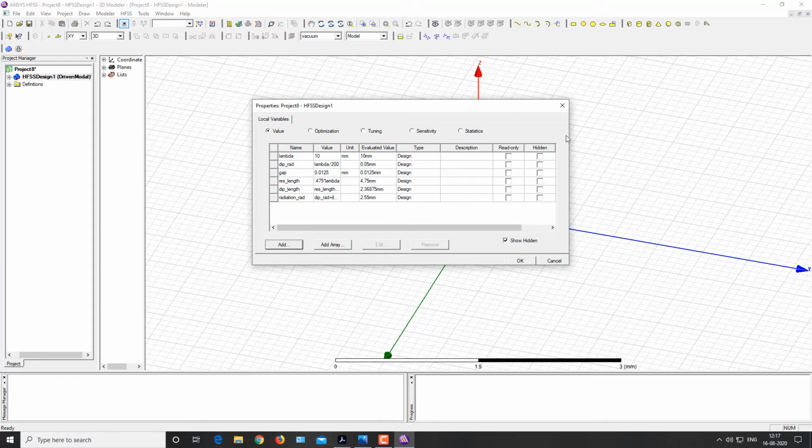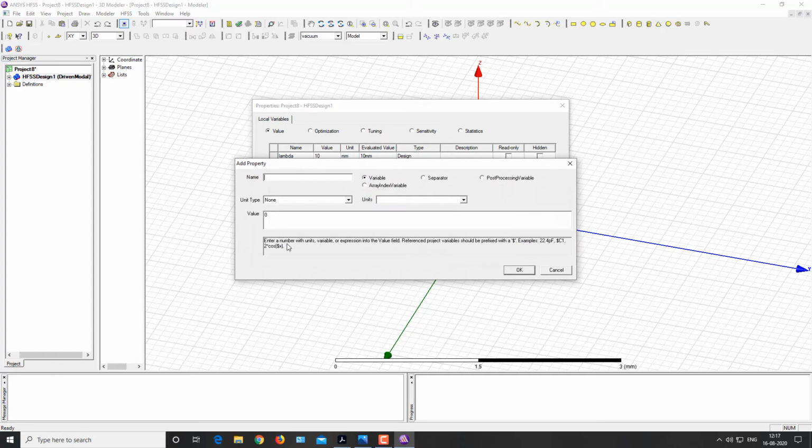Now we have to define the height for the radiation box, so again click on add and define the height.